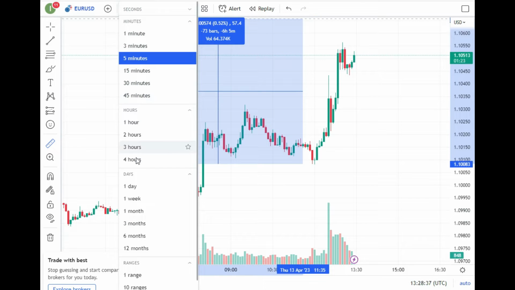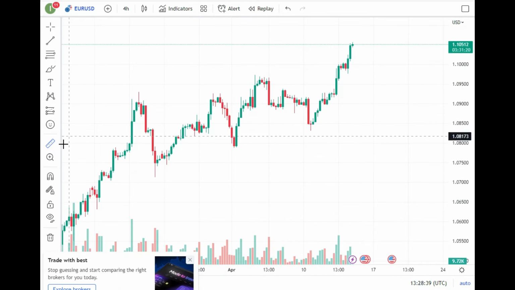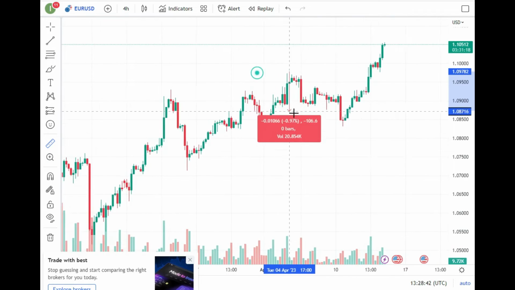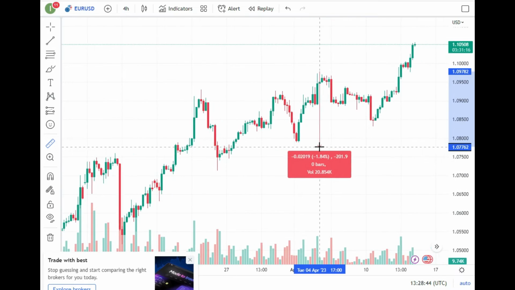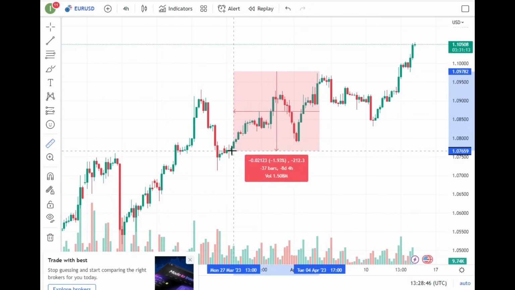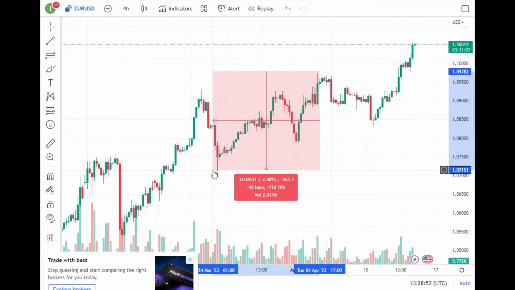For example, if you want to use the 4-hour chart, you can just use your measure tool and see what, for example, this kind of movement here is. Actually, you can calculate the number of bars on the left or right side. Plus, you can see the volume, and you can see the number of pips. So right now you are seeing that there are